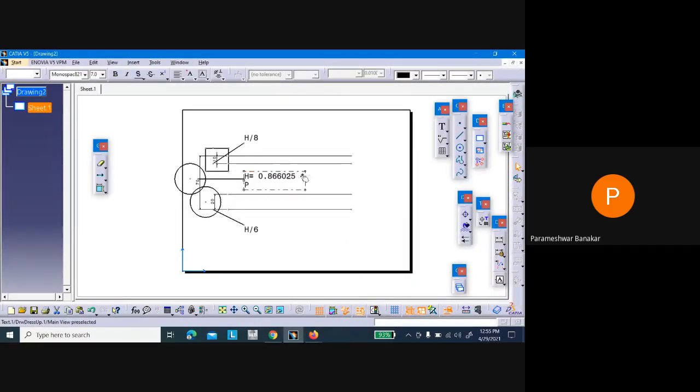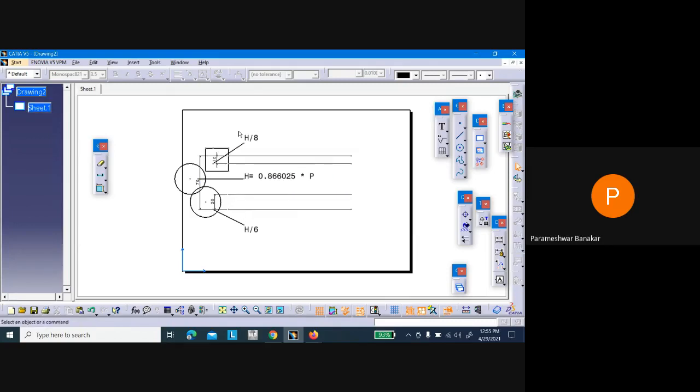Let me elaborate it so that it comes in one line. So H equals 0.866 multiplied by P. So if you know P, you can find out H, that is the depth of the thread or height of the thread.